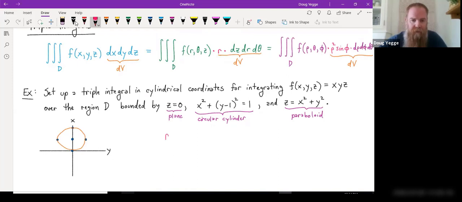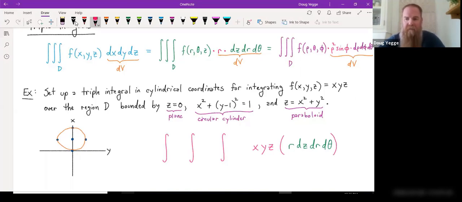So let's set those up. Let's set up the fact that we have our z's, then our r's, then our thetas. So first of all, this is multiplying x times y times z times r dz dr d theta. Now, even though you could rearrange the order, this is typically the order in which you want them,